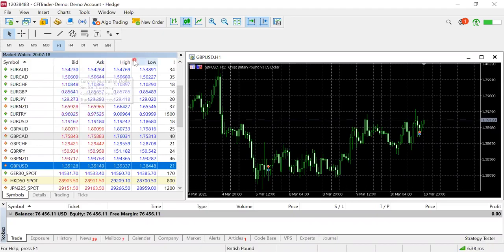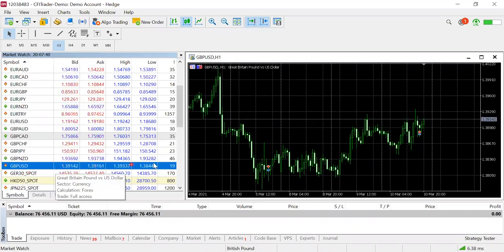You can also see the high for that particular day, in this case today, for that product, and also the low, as well as the spread here. And here with the spread on the MT5, it will be shown as points. So if you want to calculate that in pips, you basically just move a zero to the left. In this case, with the pound sterling US dollar, there's 19 points, so it would be